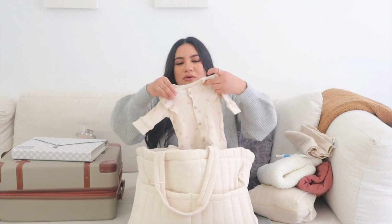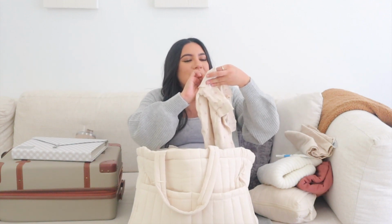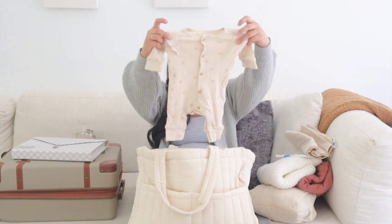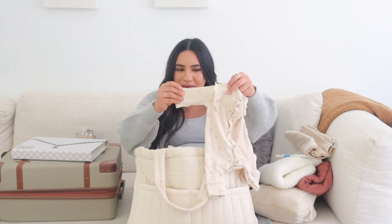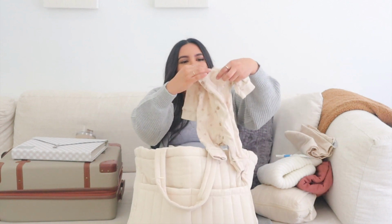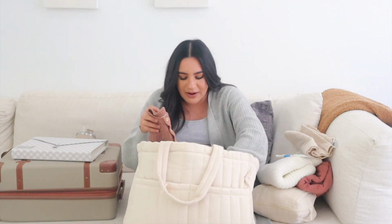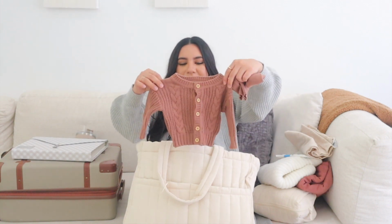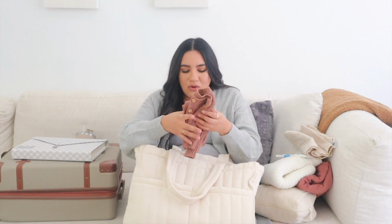And then I have this cute little, I didn't realize that it was a preemie outfit. I got it on sale at H&M, and I thought it was a newborn outfit, but it's a preemie outfit. But we'll see. I just threw it in here because it can be a little going home outfit. And then I have this one, which is a newborn size as well. It's just a knitted one, the Target ones. They're cute. So I packed this one as a main going home outfit,